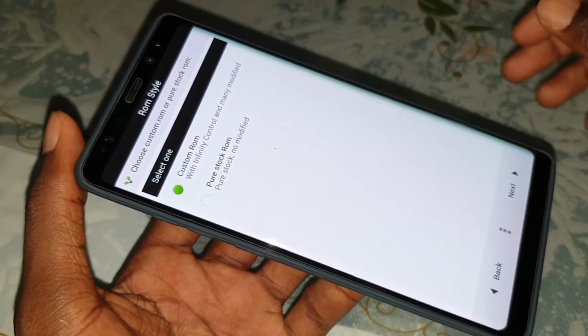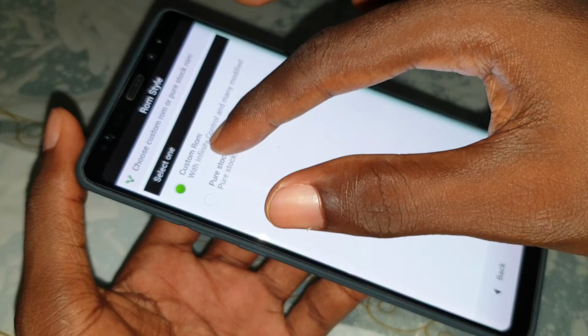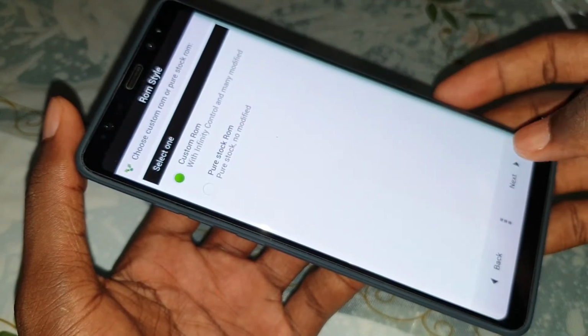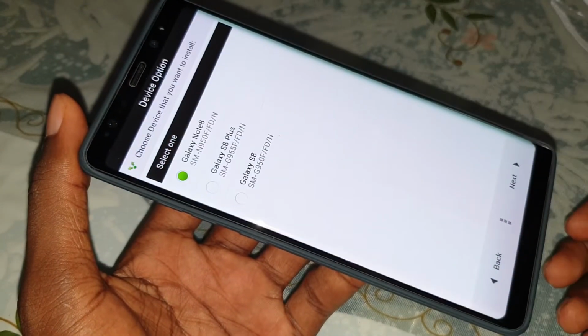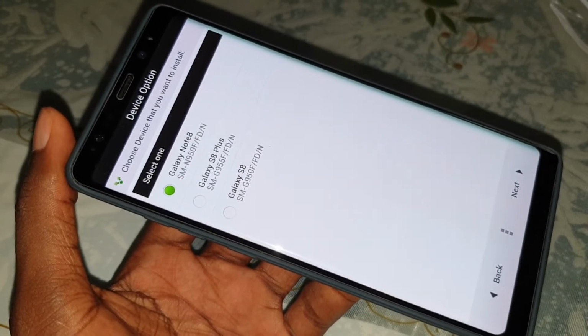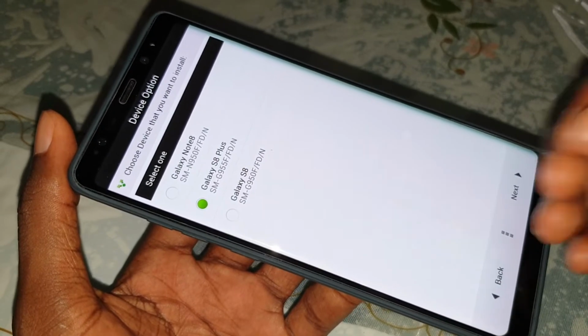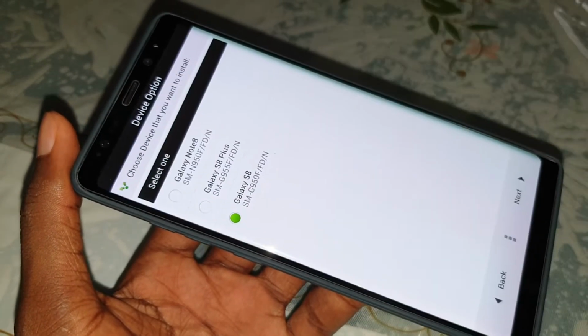Custom ROM, pure stock ROM with custom ROM with Infinity control and many modifications. I like it. Now, if you have the S8 Plus, select the S8 Plus here. If you have the S8, select the S8 here.